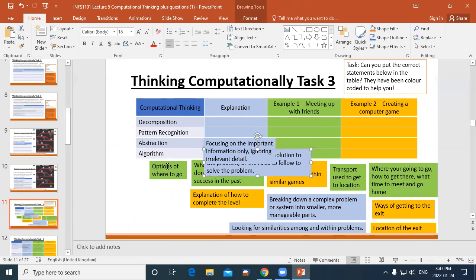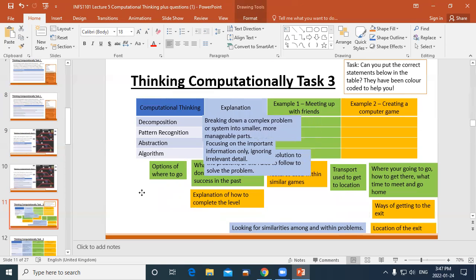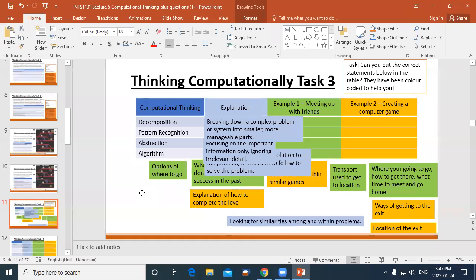I'll put that there. Breaking down a complex problem into smaller ones: decomposition. Very, very good. And looking for similarities. That's the only one left, right? Now, sorry, it goes underneath, but that's pattern recognition. All right, so